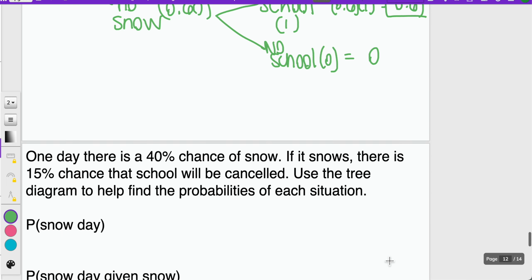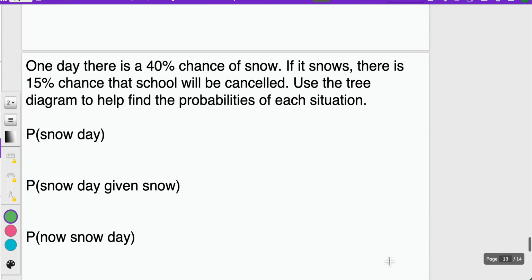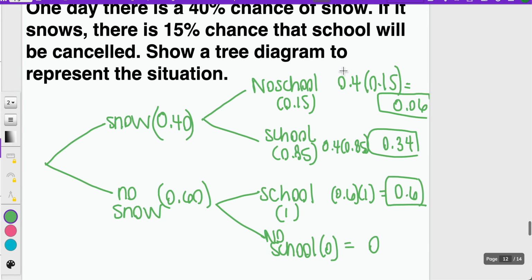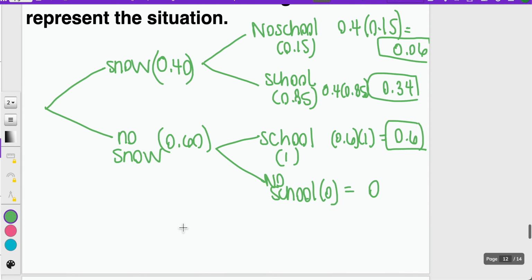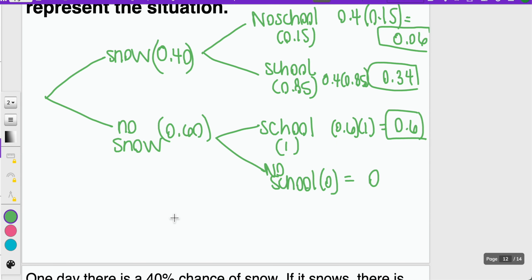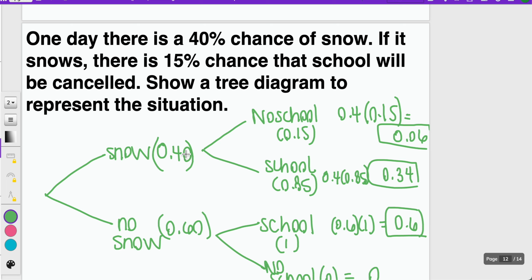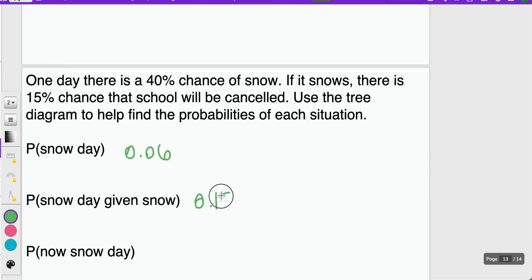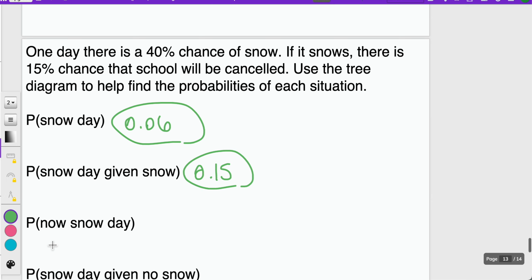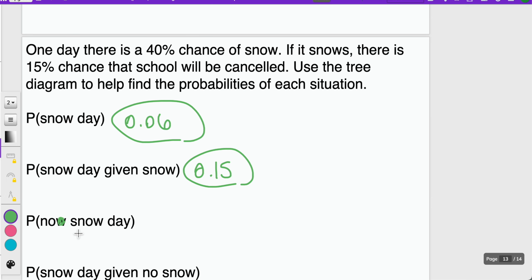Okay? So, probability that there would be a snow day, well, we already calculated it. No school would be 0.06 for snow. Snow day given snow just means if I'm given snow and I have a snow day, which means no school, that's 0.15 chance. Okay? This should say no snow day. Probability of no snow day,